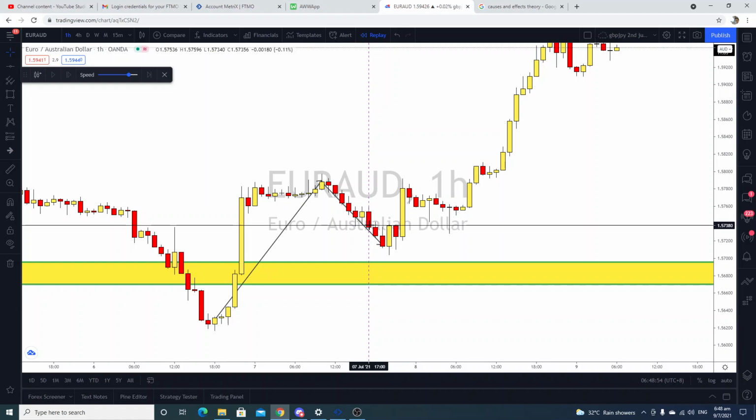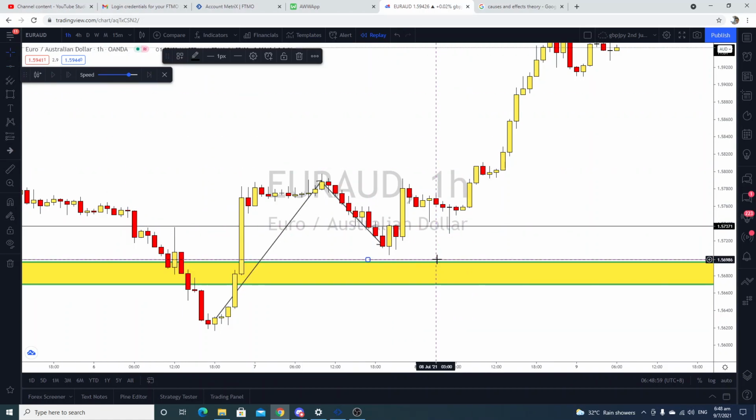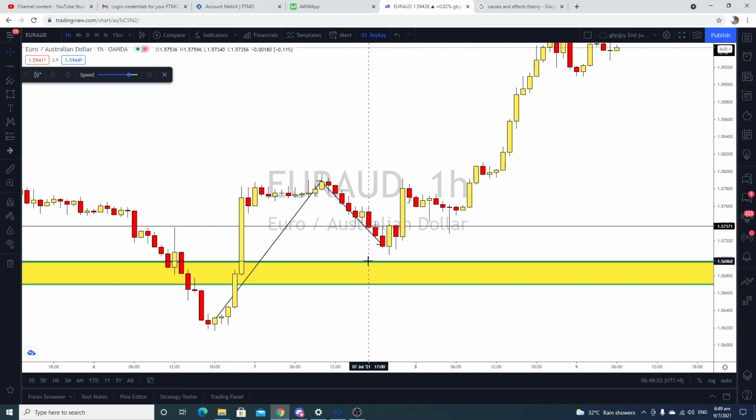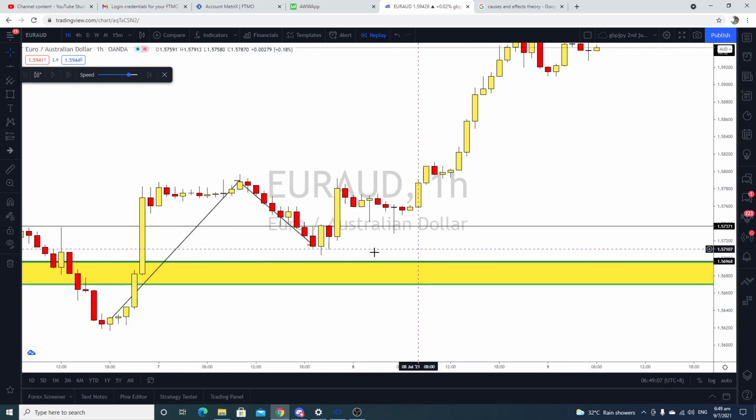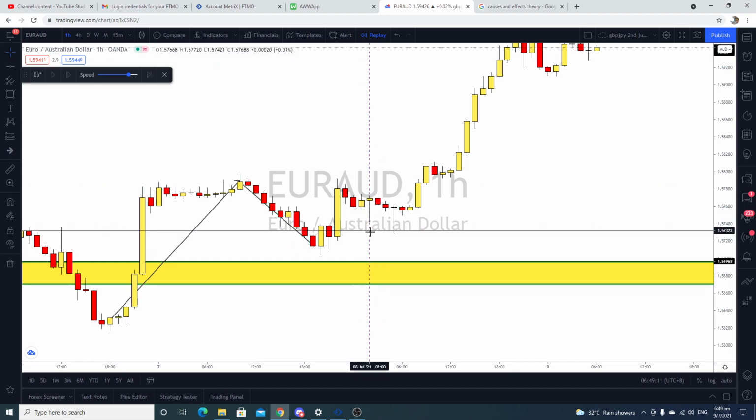Okay, if you enter a buy after the close, as long as your stop loss is below here, give your trades room to breathe. Don't put it right on the dot there. Don't be so petty. Just manage your position sizing, and you still get it. Or you can put it at 50% of the engulfing.